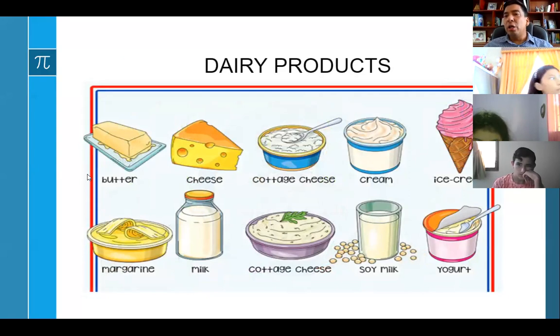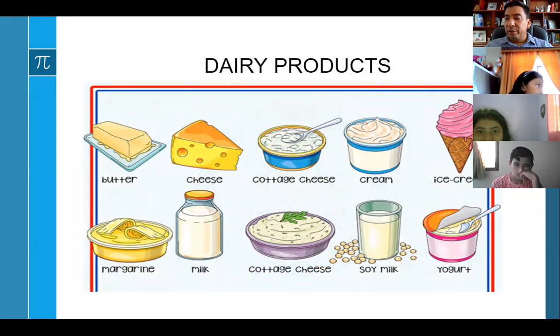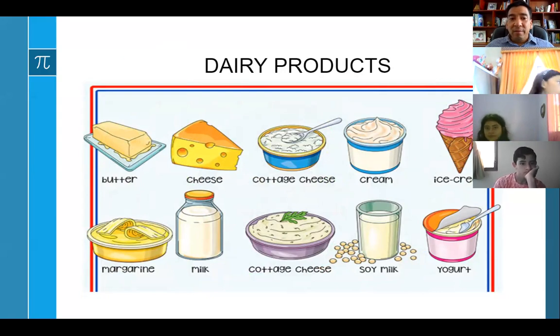Now, another group of food is the dairy. You know what is the dairy? The dairy is what we eat every day. Lo que comemos todos los días, ¿verdad? Mostly during breakfast. La mayor parte durante el desayuno, okay? So what do we eat as a dairy? Como un dairy, miren. We got the butter. What we put to the bread, lo que le ponemos al pan. We also have